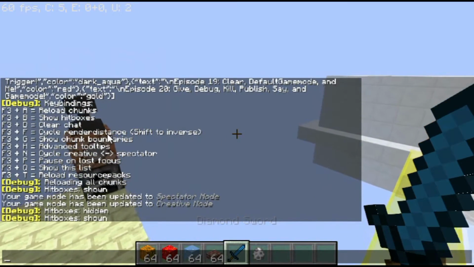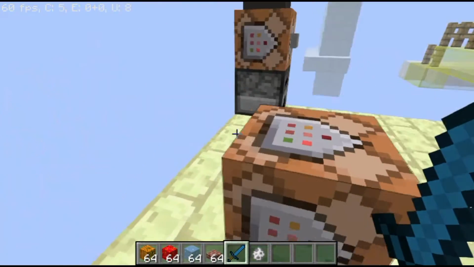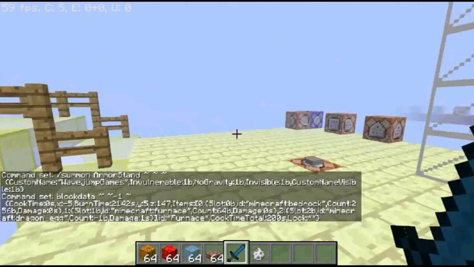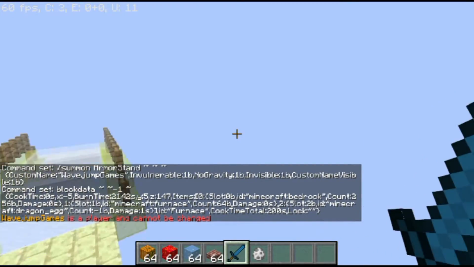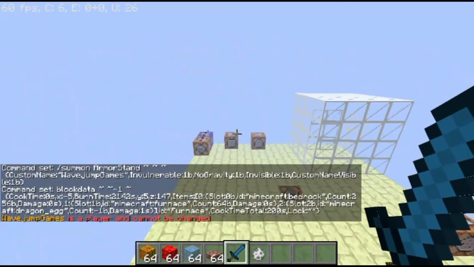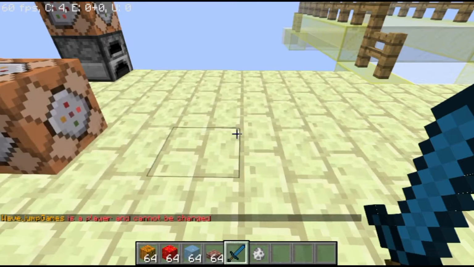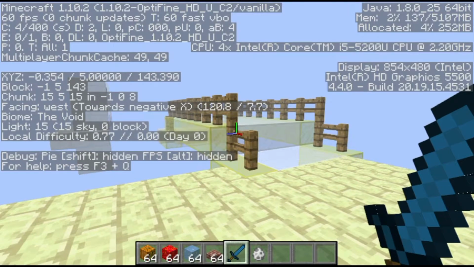So anyways, hitboxes are pretty interesting. F3D is one of my favorites. F3D allows you to clear chat. Say I were looking at this command, or entity data at E, and then do that. Actually, I'm apparently the only entity in the world right now. But anyways, you'll notice I have all this extra stuff in chat. Press F3D, and it clears everything. It's all gone. Pretty helpful. Again, if we go back to F3Q,